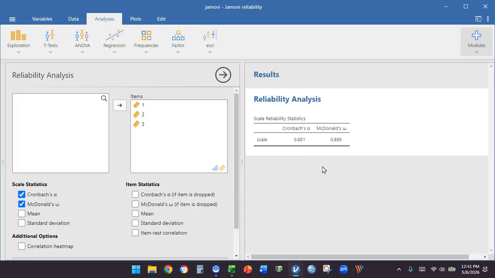And we have a choice between Cronbach's alpha and McDonald's omega. I'm going to recommend that you would use McDonald's omega in the vast majority of cases. Because it is going to be more accurate than Cronbach's, because Cronbach's alpha has a number of assumptions that have to be met, which are oftentimes difficult to meet with real world data, that if they're not met, Cronbach's alpha will not be as accurate as McDonald's omega. And the particular assumption that Cronbach's alpha has to meet